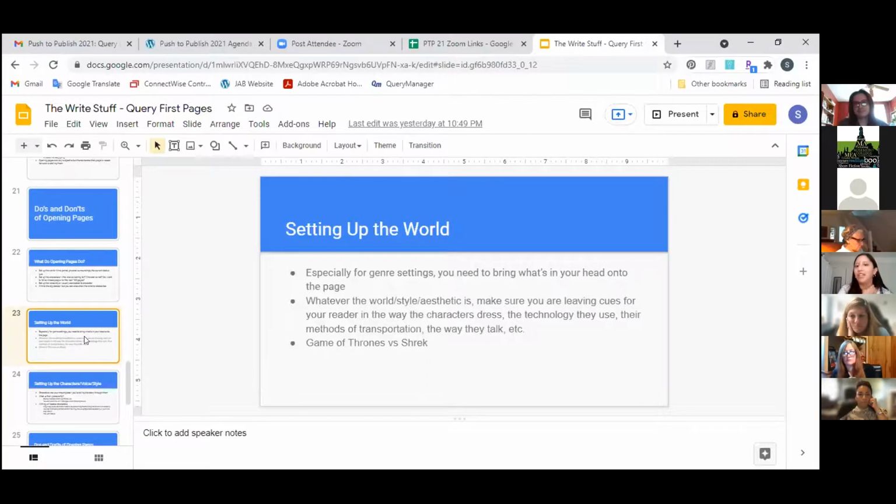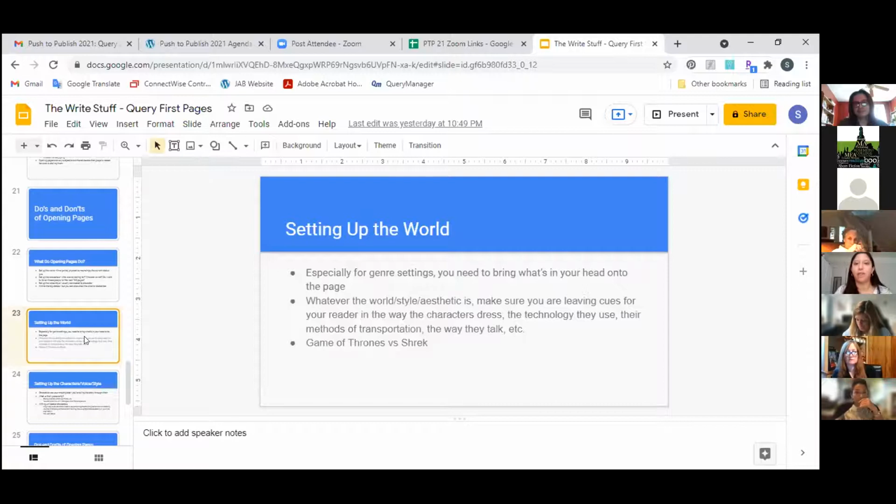But even opening pages, you don't start off with, like, in the world of Satin Beard, this and this reigns, whatever. If you're watching your character go about their daily life, again, what clothes are they wearing? What technology are they using? How are they getting around? How are they talking to people? Because again, you show off the world in this way and the way your character interacts with it.